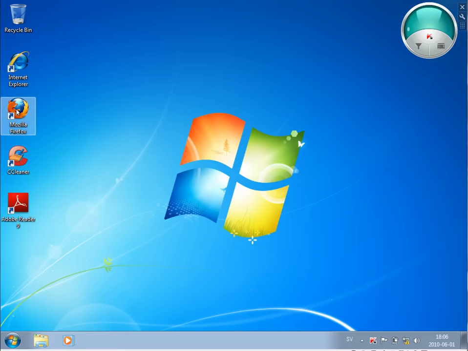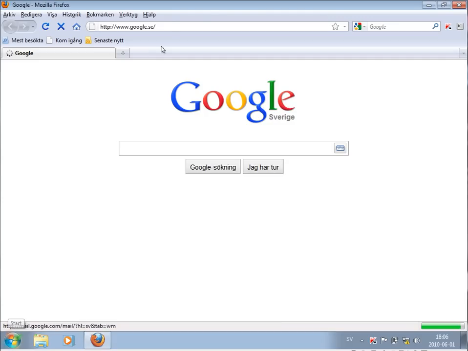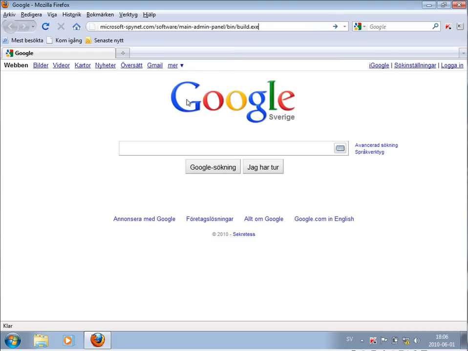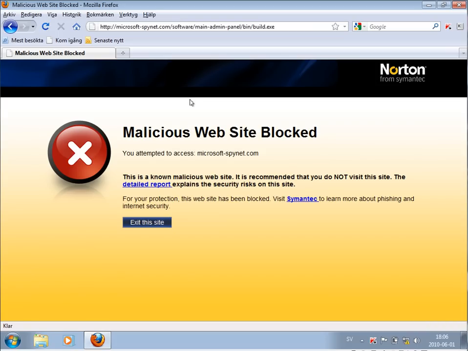So I'm just restarting the browser, and now I'm visiting the same website again which I used before, which was infected with a virus. And what's happening now is that Norton is blocking this website, malicious website blocked, even before my locally installed antivirus program had the possibility to access this site. So